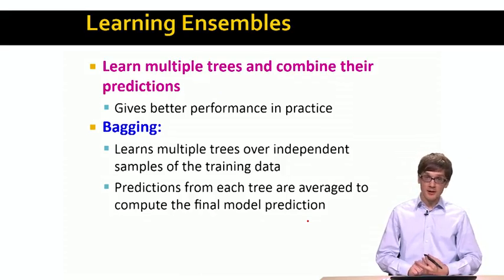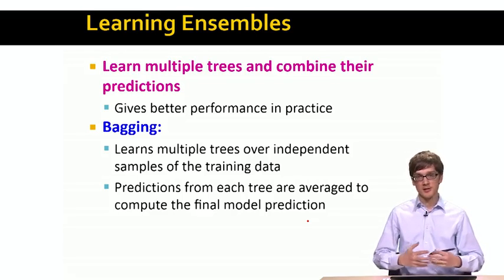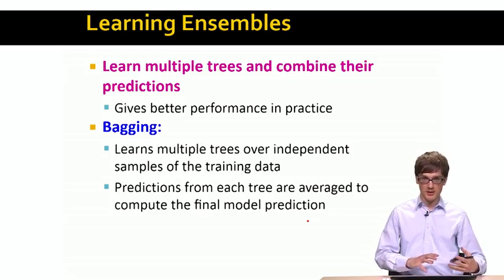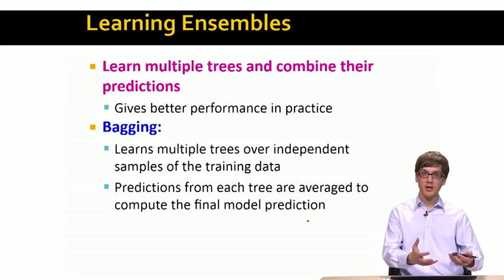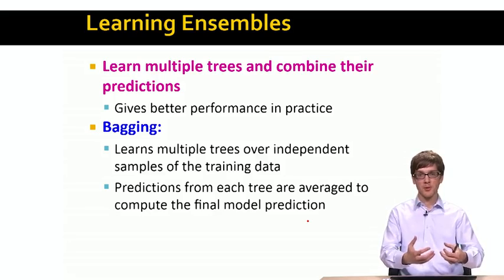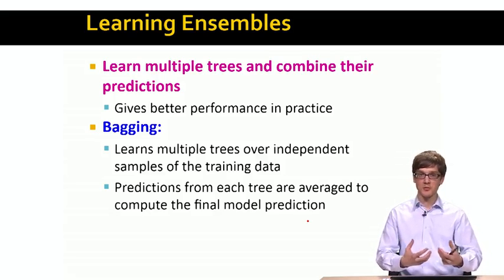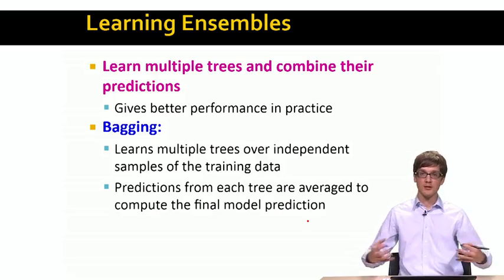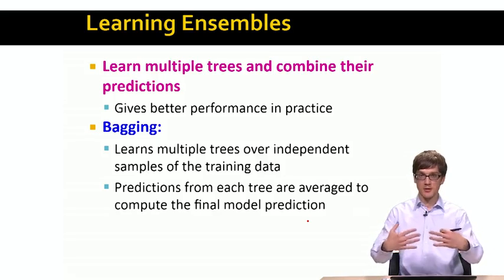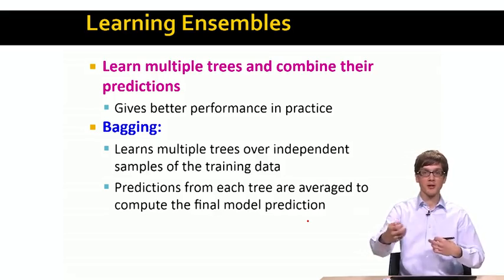Another thing that decision trees are very useful for is what is called learning ensembles. Many times it turns out that it is better to build multiple decision trees, let each of the individual decision trees create its own prediction, and then, for example, use these predictions as votes or average them together to make the final prediction. So this is what it means to learn an ensemble of decision trees, and then take the individual predictions, average them or somehow aggregate them to make the final prediction.